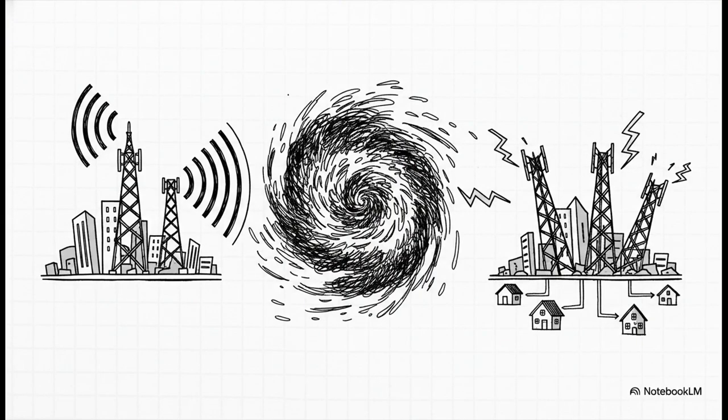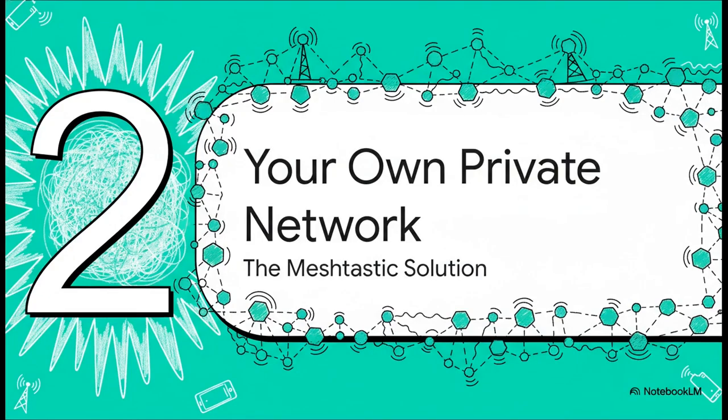What happens when it all just fails? Well, during big events like hurricanes or wildfires, the moments when you absolutely need to communicate for safety, for coordination, that's exactly when the systems we rely on, our cell phones, our internet, are often the first to go offline. And just like that, you're disconnected. You're isolated. So, if the main grid is so fragile, what's the alternative? Well, that brings us to the whole point of Meshtastic, building your very own private network.